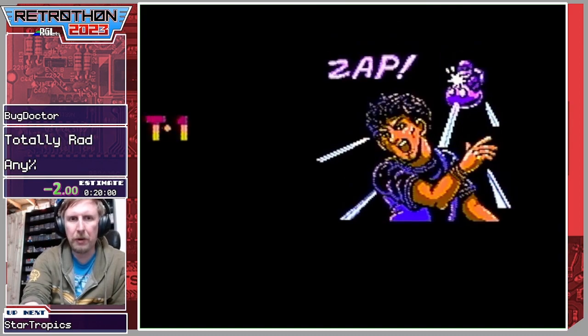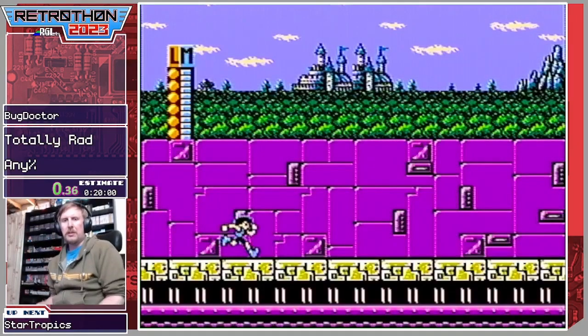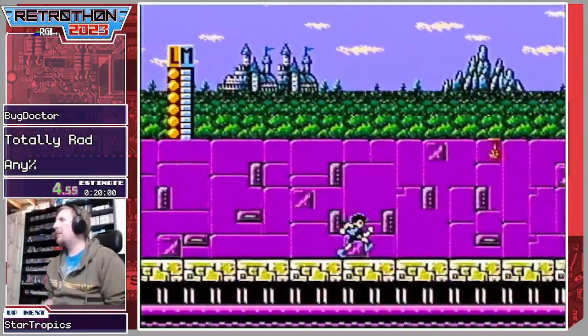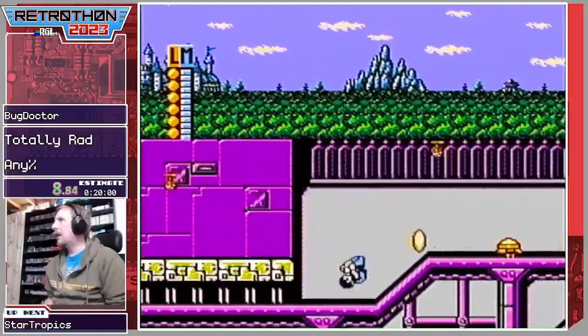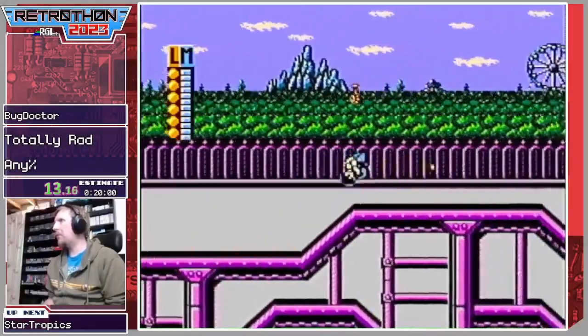So I'm going to start the timer once this little cutscene fades here. In this game, you play as a guy named Jake who has magic powers that he's been learning from someone named Zebediah. And you basically are trying to save your girlfriend. I don't know why that Roomba didn't come after me, but...